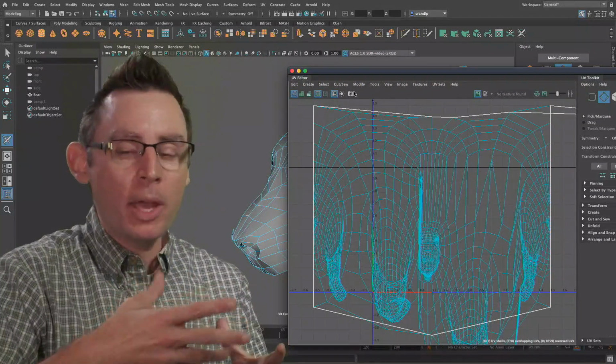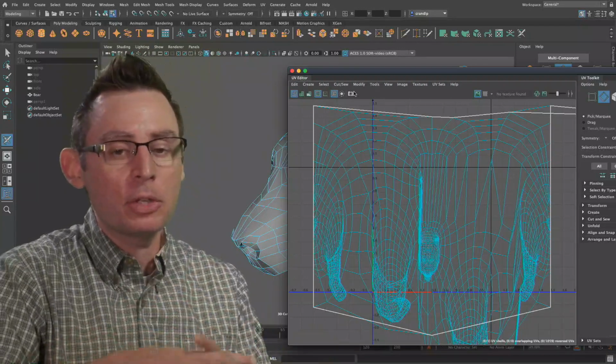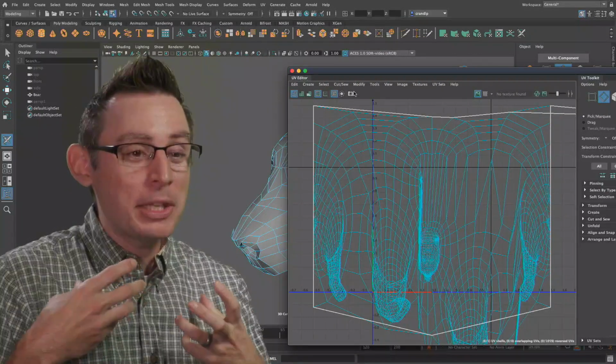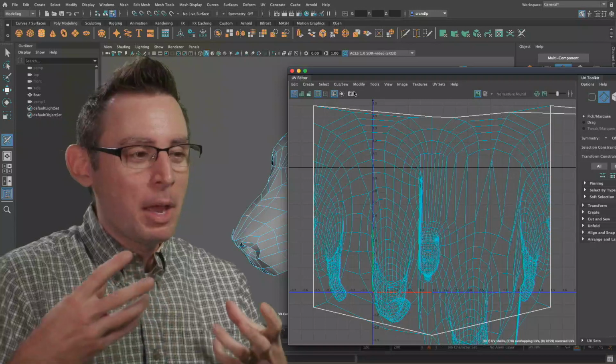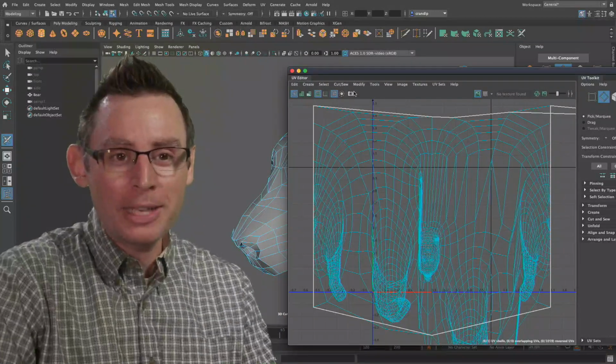There are a couple great ways for us to go in and mark all of the seams of our different UV islands here inside of Maya, but I find the most efficient way to do it, and probably the most visual way to do it, is with the 3D Cut and Sew tool found inside of Maya.